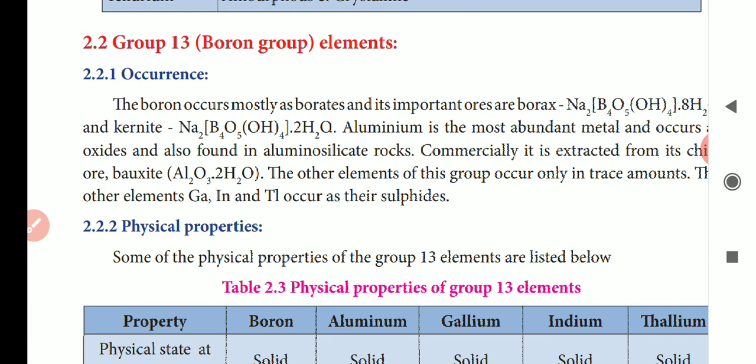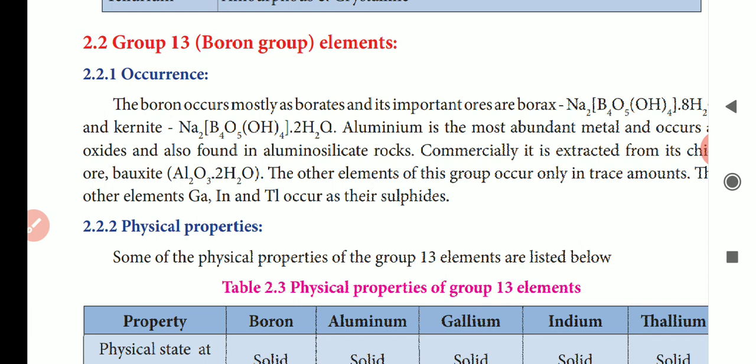It has 6 families. What are they? The 13th group elements are called the boron family. The 14th group is the carbon family. The 15th group is the nitrogen family. The 16th group is the oxygen family. The 17th group is the halogens or halogen family. The 18th group elements are called noble gases, rare gases or inert gases.